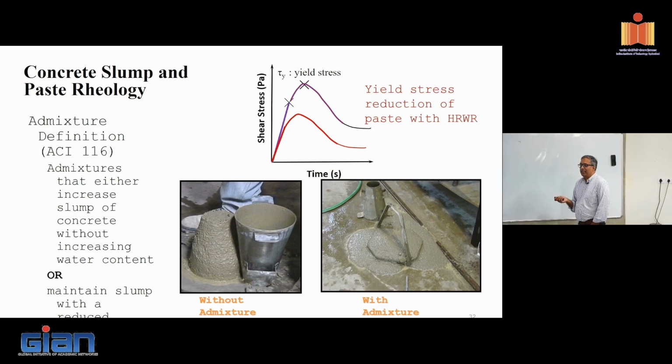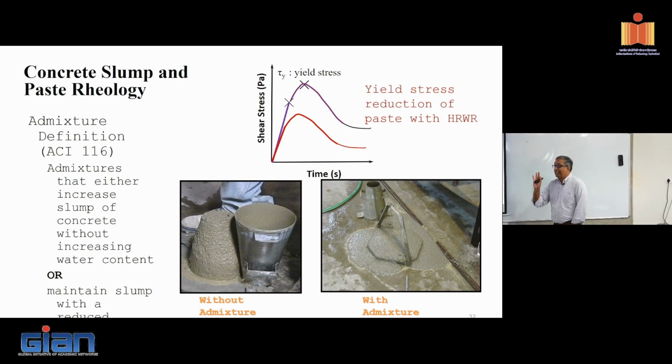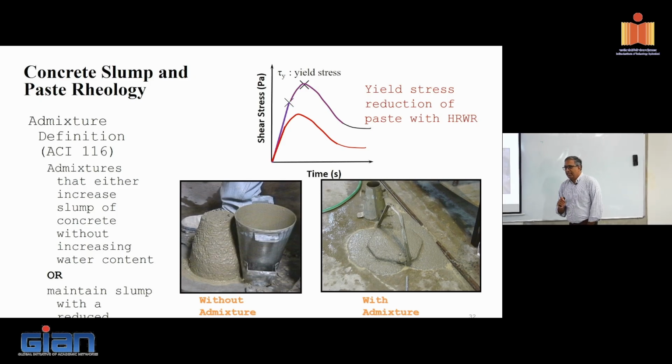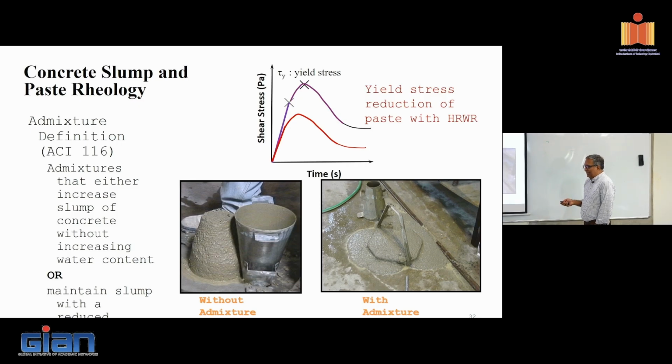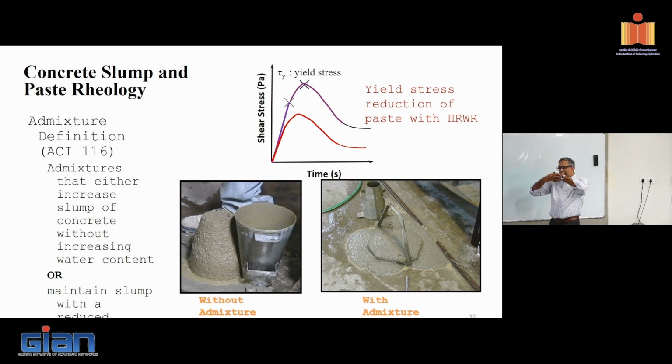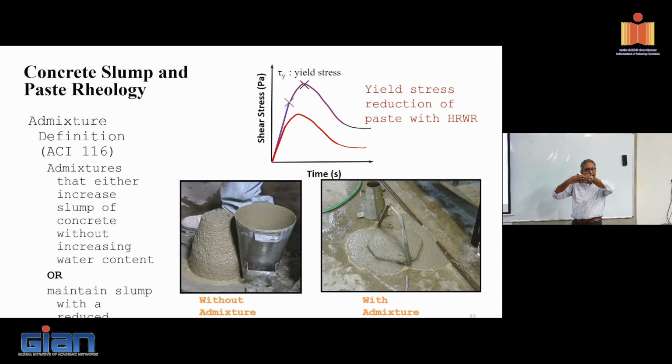And my concrete would basically start flowing. I've not increased the water content. I've added an admixture, a small quantity that changes the flow behavior of paste. Suddenly now, my static condition, this is favored, right? If with this yield stress I was to achieve this, this will not happen. Why? Because in this configuration, the shear stress between the aggregate, the paste cannot sustain it. It will just simply shear off.